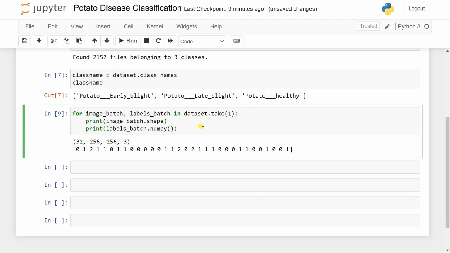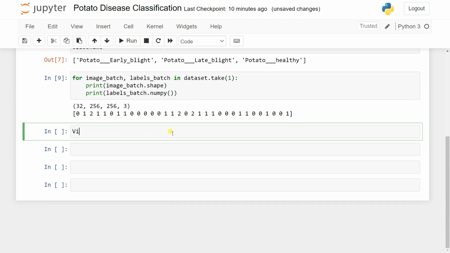Now what I can do, because the first element of the batch is 32. I mean, 32 elements of the images are loading. Okay, that's the first batch. The second batch is coming. I mean, the second batch of the images is coming. It's obviously 32. So how can I show that? We can also visualize it. So let's say